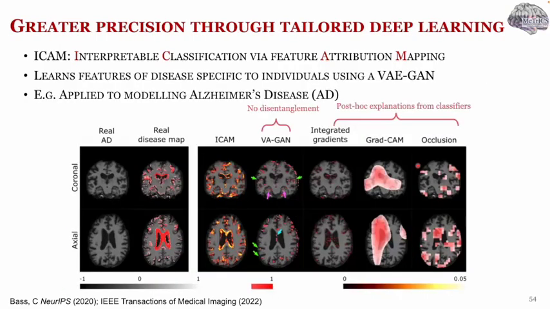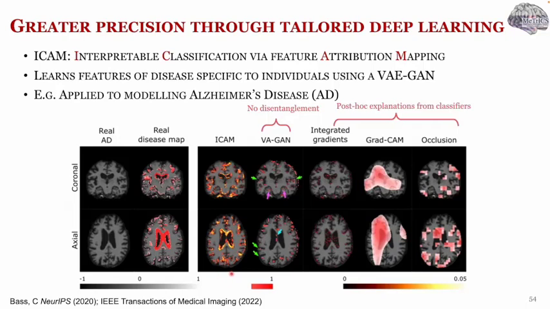So here we see ICAM validated against ground truth patterns of disease progression that were obtained by taking 2 scans from an individual known to progress from MCI to AD over that interval. These were then rigidly aligned and subtracted to generate the map shown here in red. And in this way, we can see that the disease maps that are being simulated by ICAM much more closely